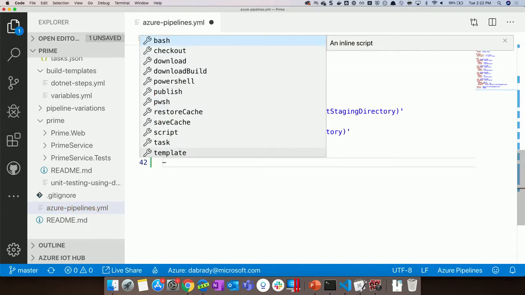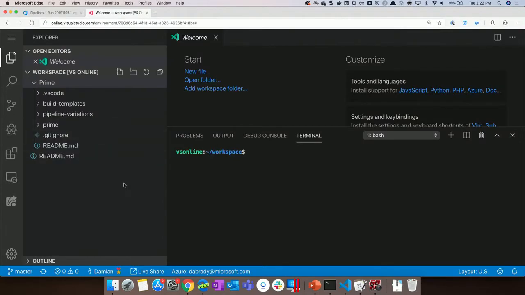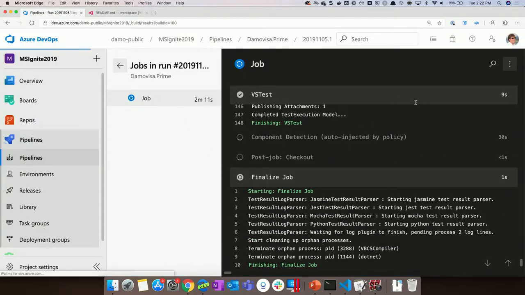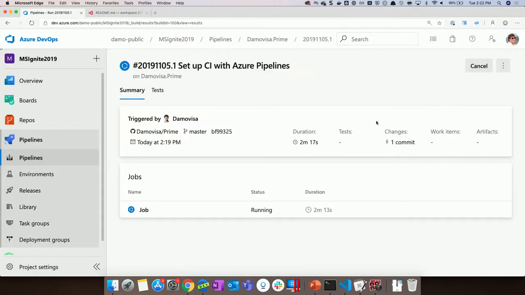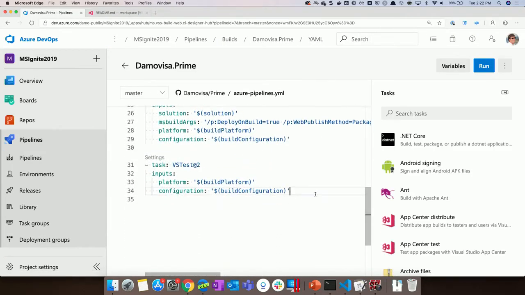The other thing you'll notice is I'm getting IntelliSense here in Visual Studio Code. I get this with the Azure Pipelines extension. And you also have that here. So if I did a git pull in Visual Studio Code Online or VS Online, I have that there. But you also get it if we went and edited the pipeline here, we also get it in the browser. So if I was making those changes in the browser, you can see that I have publish as well. So it makes it a little bit easier to write YAML, which is a common complaint, writing YAML from scratch.